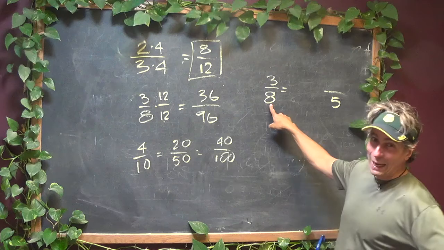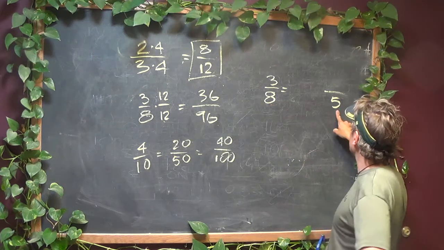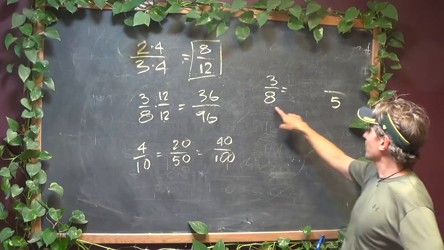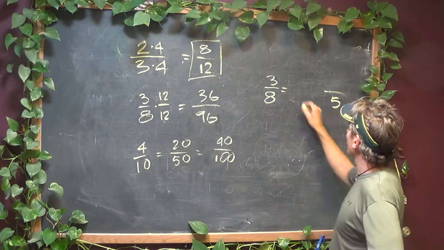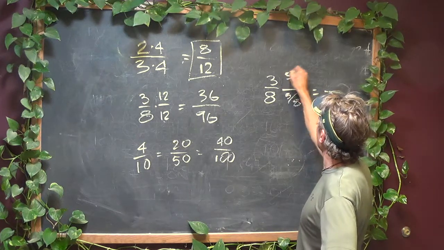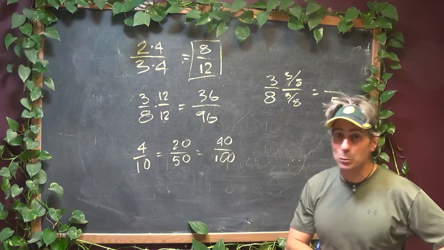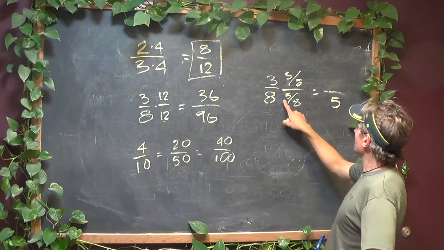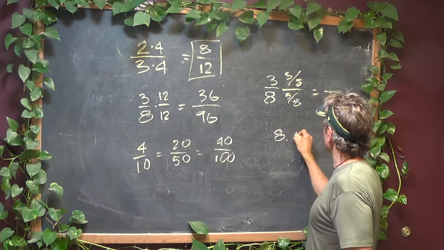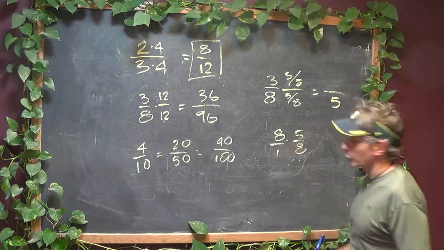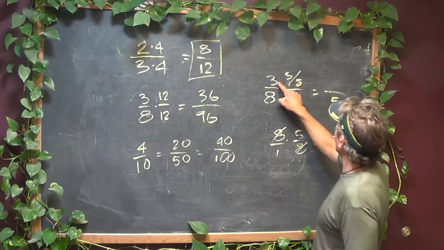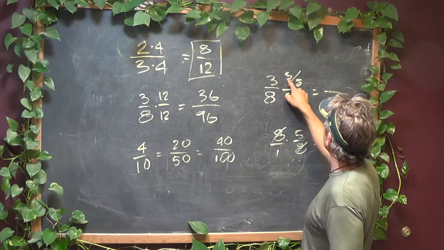Take the denominator you have, divide it into the denominator you want, and then that's what you multiply by. So to get from 8 to 5, we divide 8 into 5, and I would multiply both the numerator and denominator by 5/8. That would be totally fine. 8 times 5/8 equals 5. You know that's true from what we did in class. 8 times 5 over 8, well, that's 8 over 1, and that's equal to just 5. Multiplying the numerator by 5/8, you'd actually have 15/8